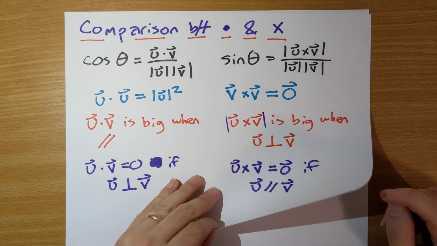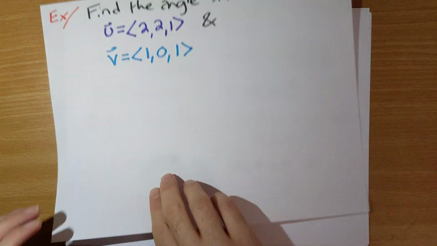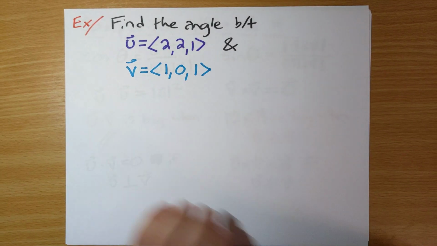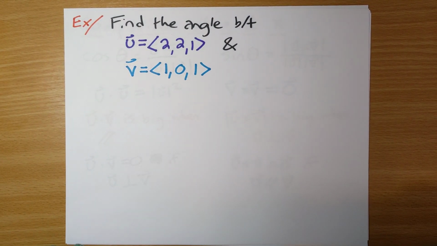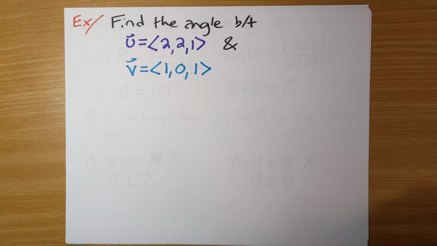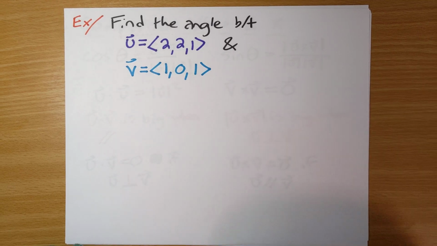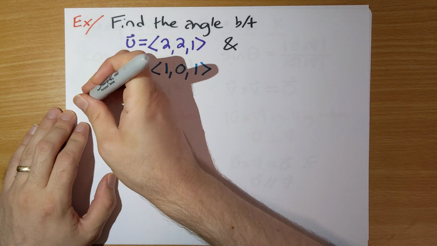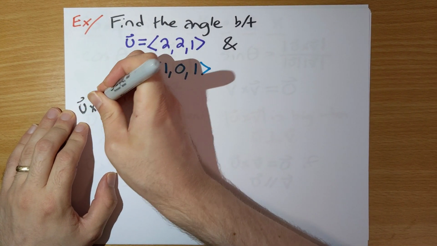And maybe to illustrate a lot of this stuff, find the angle between these two vectors. I want to do this problem in two different ways. I want to do it using a dot product calculation, and I want to do it using a cross product calculation. So let's start off with the cross product calculation. So u cross v,